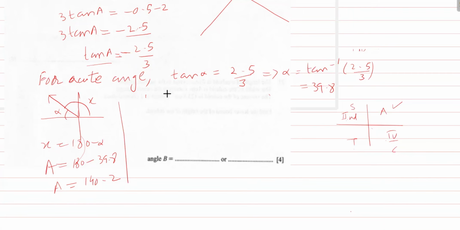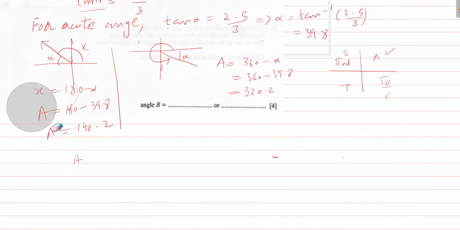And next we take the second option. The angle A is negative in the fourth quadrant, and this will be the negative angle in the fourth quadrant, and this angle will be equal to, this is alpha, 360 minus alpha. We write 360 minus 39.8, and we can write this as 320.2. We have two values of angle A, and when angle A is